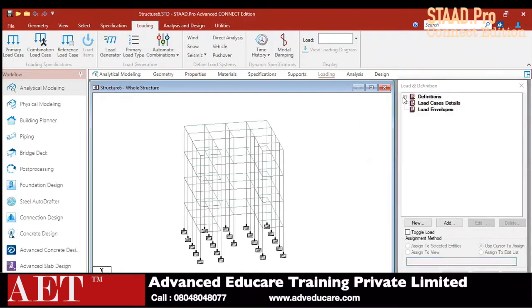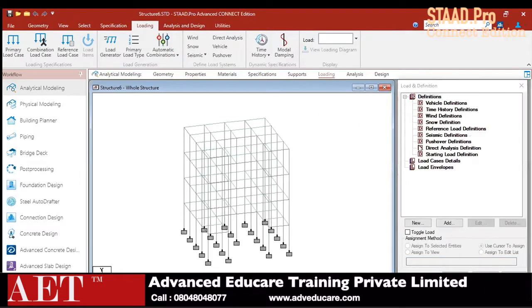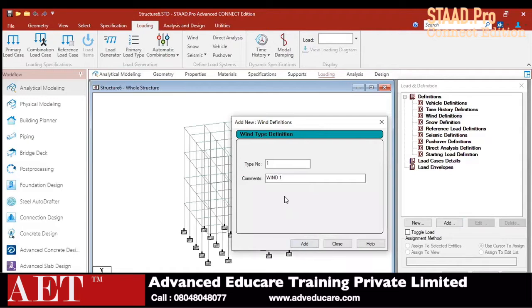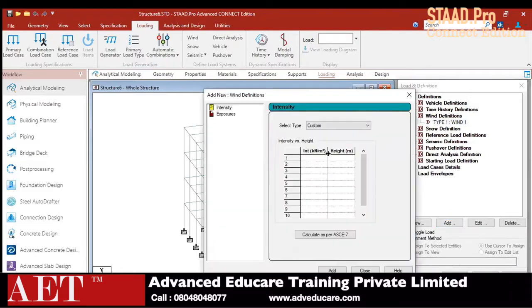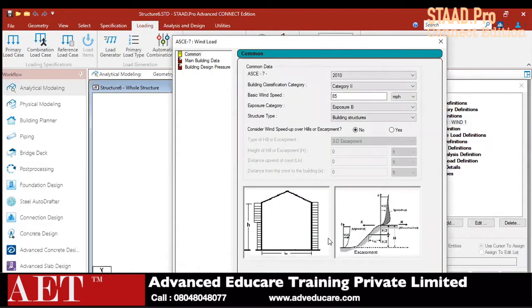Now click on the loading and expand the definitions. There is an option for the wind definition. We can create a wind definition according to our use. Just click on wind definition and below this option click on add. Type 1 is close. Select type 1 and click on add. In the add window we can provide the intensity versus height and also click on calculate as per IS 875,